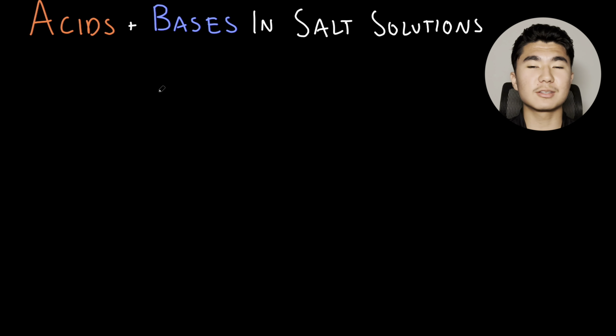So now that we know that, let's move on to acidic salt solutions. So this is a little bit different from our basic salt solutions. So we'll write acidic salt solutions. In acidic salt solutions, we're going to have a cation. A cation is a positively charged ion, and this is going to be the conjugate acid of a weak base. So just to summarize here, you're going to have a weak base,